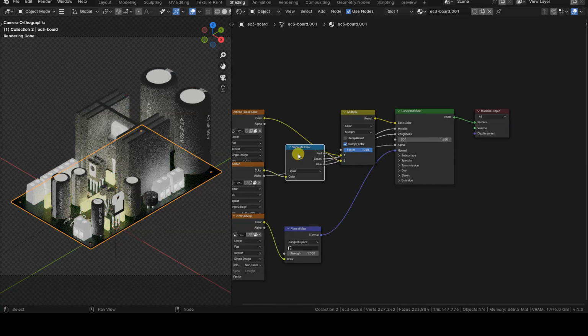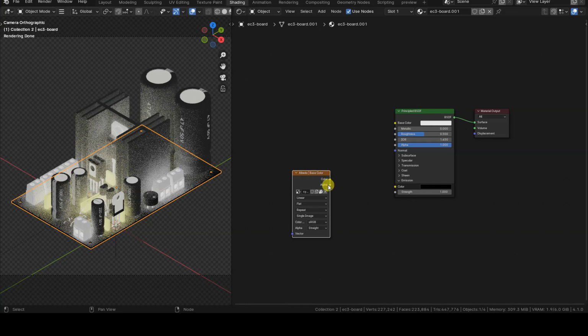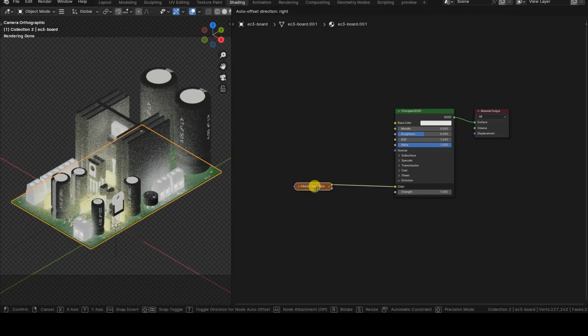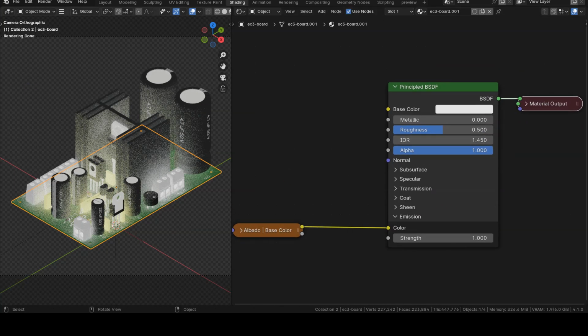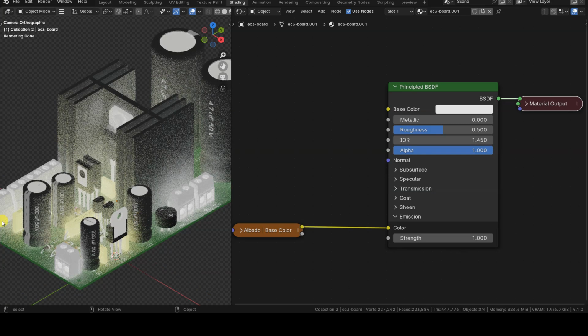These operations need to be performed for all the materials available in the scene, which in this case are 2. One for the printed circuit board and one for the electronic components. In a rendered preview of the 3D view, we will now see all elements clearly with flat lighting. However, at this moment, the lighting is too uniform. There are colored reflections on nearby objects, that is, color bleeding, and there are no Freestyle outlines. Let's solve these problems one by one, starting with color bleeding.